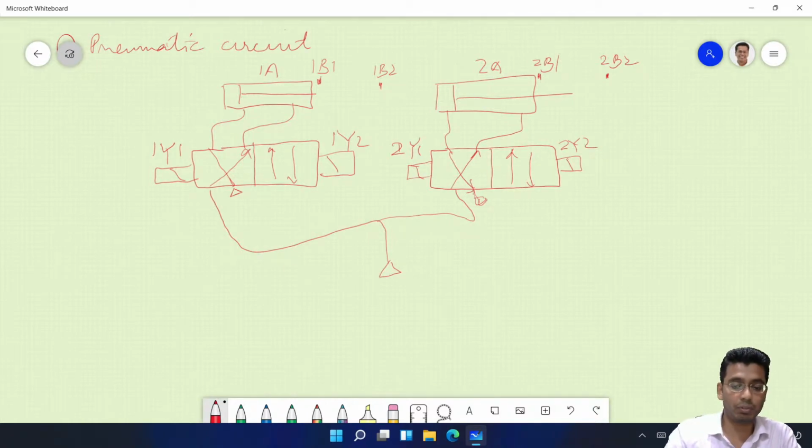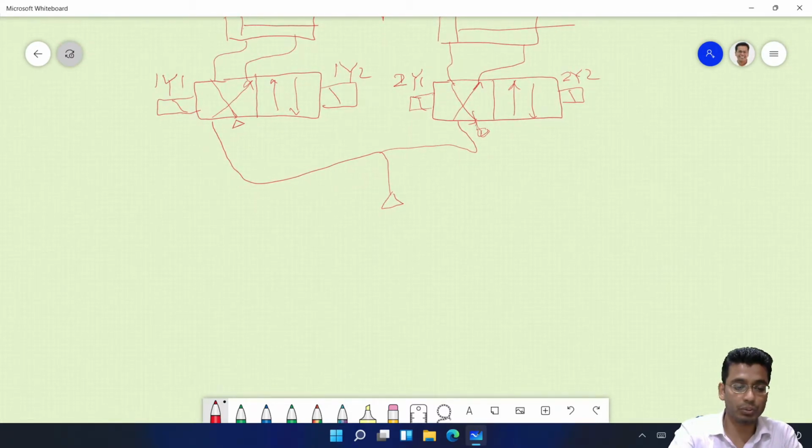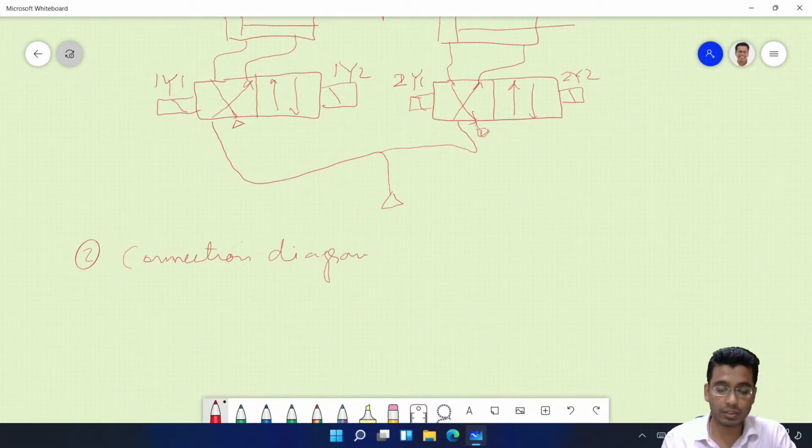Now we will come to the second part. What did we discuss yesterday? Once we have drawn the pneumatic circuit, then what you will do? Connection diagram. Yes, good. So we will be making a connection diagram.